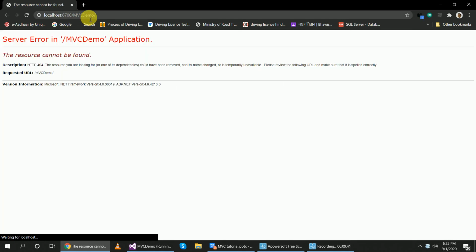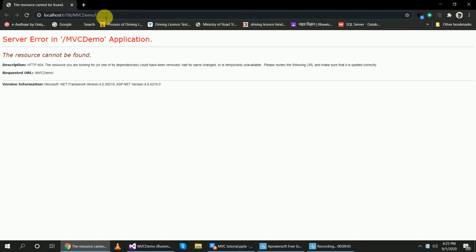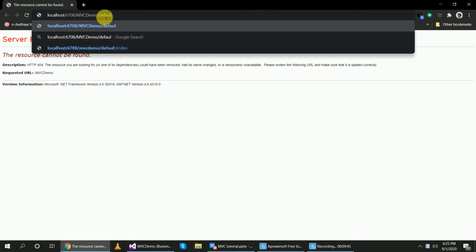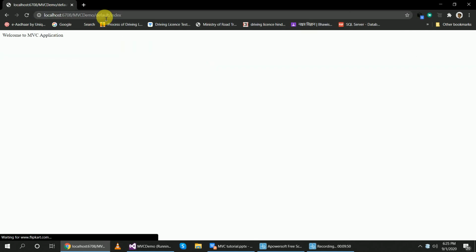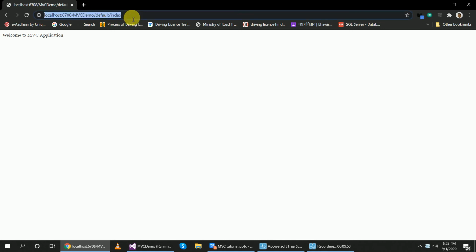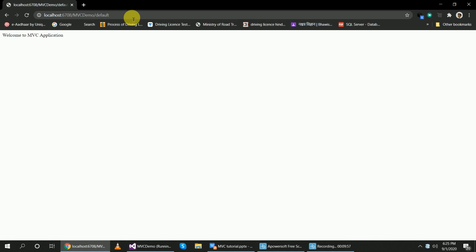Now my server name and the project name are included here, and when I write the controller name default and method name index, it will run the project. If I remove this index method and run the program, it will also run, because by default it takes index as the method. So no need to type it if you use the word index in the function.